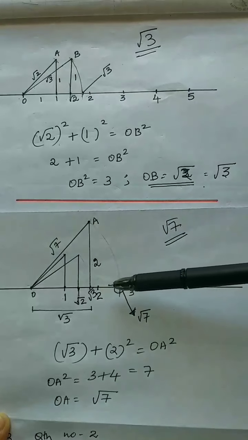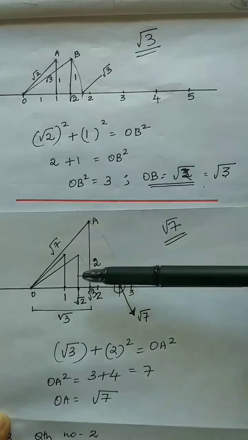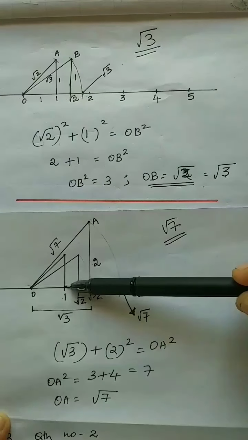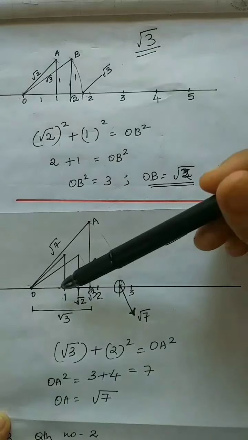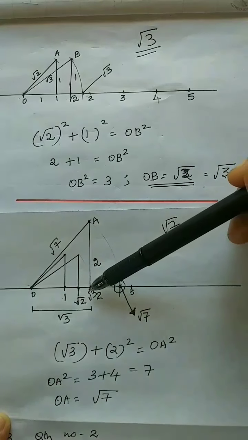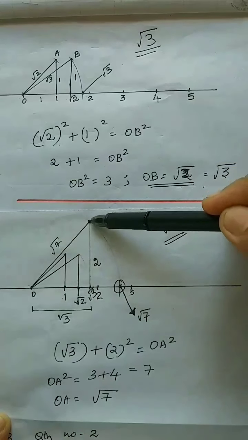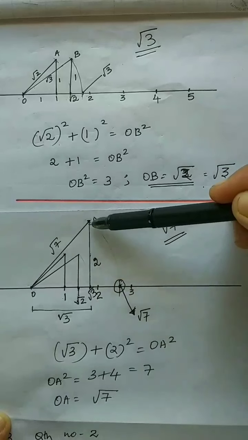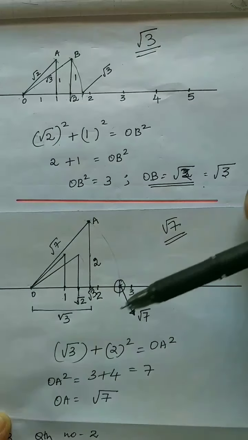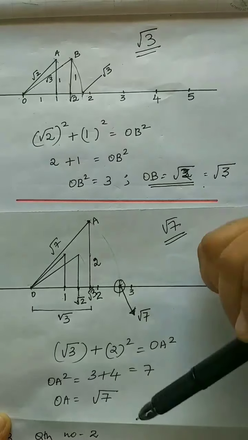Since I have taken 2 centimeters as 1 unit, here this will be 4 centimeters, isn't it? See, 1 unit here I have taken as 2 centimeters. People can do it with 1 centimeter also. This is unit, okay, not centimeter. So 1 unit, 2 units, and from root 3 I am taking the vertical position 2 units. For clarity, I have taken 2 centimeters as 1 unit, therefore this equals 4 centimeters. You people can take it as 1 centimeter and this will be equal to 2 centimeters.